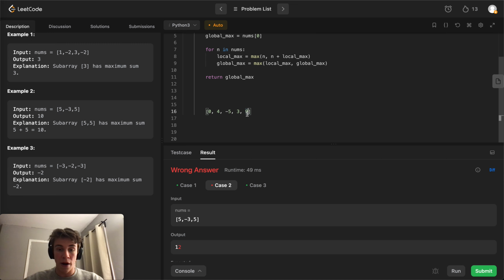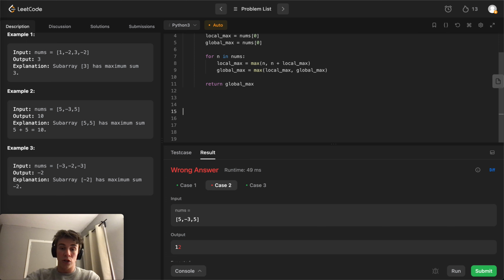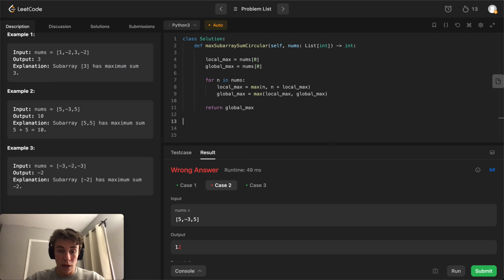As soon as you figure out the maximum subarray ending at a specific integer, the only next step is to keep a global max variable, which doesn't care about where the array is ending. The only thing it cares about is what is actually the maximum subarray. And so these two simple max evaluations give you the